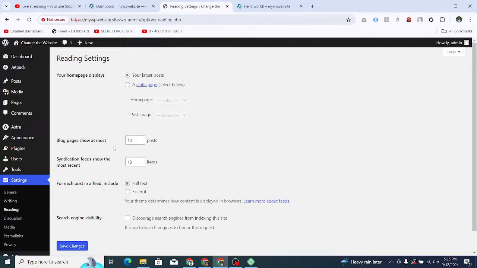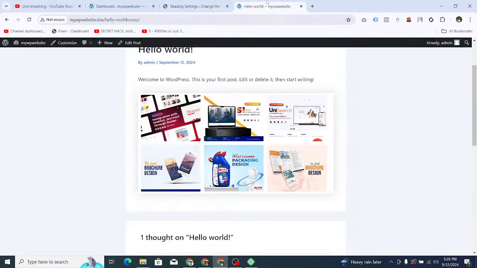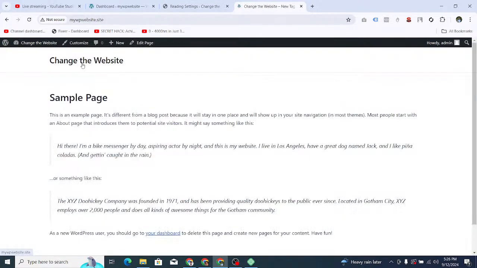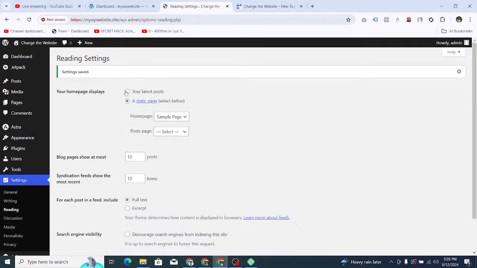Go to the reading section. From there, your home page shows the latest posts, or if you create a separate page like a home page, you can select a page. As I have only a sample page, I can make this sample page my home page. Let's check it. Click on visit. See, my sample page is my home page right now. If you click on latest posts and save changes,